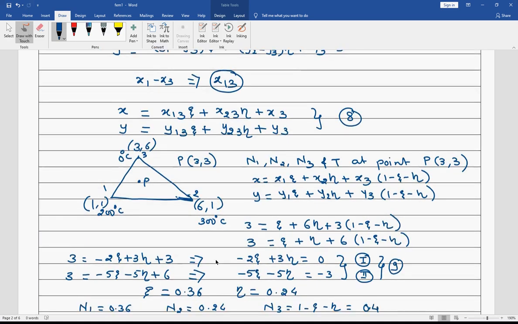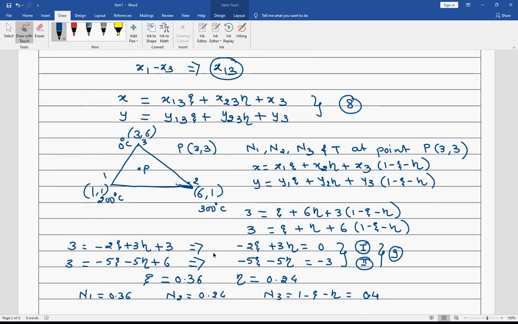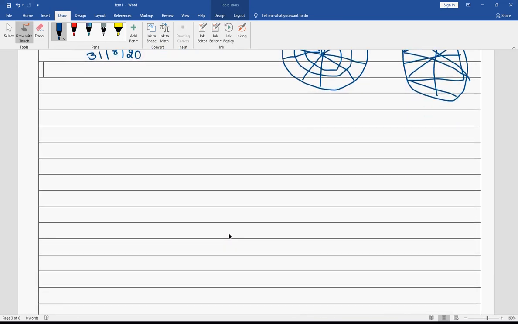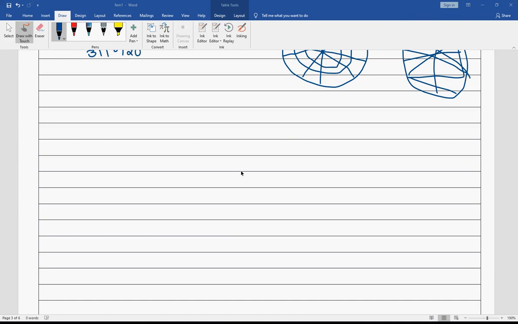Okay, so that is what up till now we have done, and then we have solved a few numericals. So now what we want to establish is the relationship for the strain. Okay, so that is my objective. Therefore, what I'm going to do, I'm going to write u is a function of x, where x is a function of xi and eta, and u is also a function of y, and y is also a function of xi and eta.